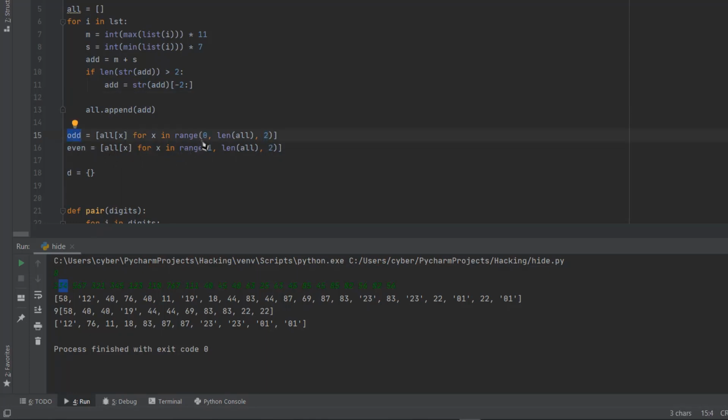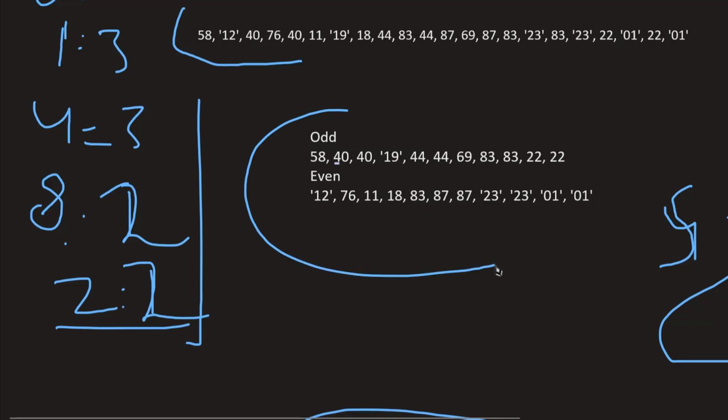As you know, array indexing starts from zero, so we are starting from 0, but in the real world it is actually 1, so it is odd. It's a little bit confusing, but you understand it. And we are doing the same with the even one. We are simply taking all the even numbers and adding them to our even list. So by the end of this code, we will have these two lists here,